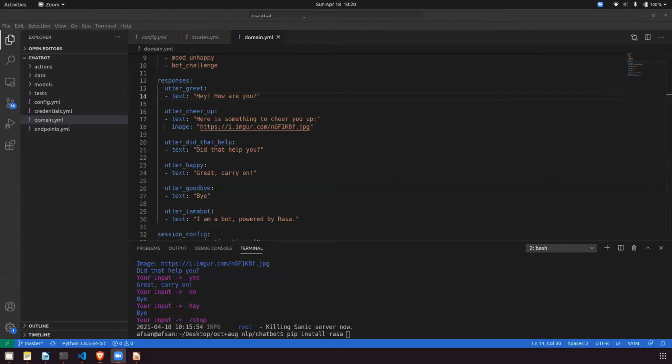So Rasa is the terminal line chatbot, and Rasa X is a GUI line chatbox. Okay, so a proper GUI will be there, a proper chat will be there, and you have to type there, and it will give the response. So this is the difference between Rasa and Rasa X. I generally use Rasa X most of the time because it's in a GUI format and it looks very beautiful. That's why I go with Rasa X. So try to install with the thing I have given to you. Just copy that whole command and paste it in the terminal and press enter.